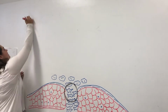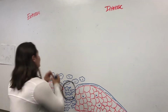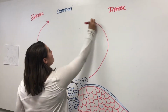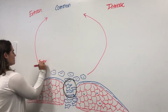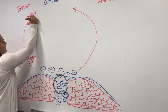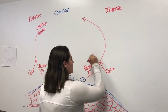The next phase doesn't start until 30 seconds after Sally scrapes her knee. This phase is a positive feedback loop, which includes an extrinsic pathway, intrinsic pathway, and a common pathway. The extrinsic pathway is faster and shorter, acting like a quick fix that will later be reinforced by the intrinsic pathway. The extrinsic pathway releases a proenzyme, which interacts with calcium ions to create an enzyme complex that will activate